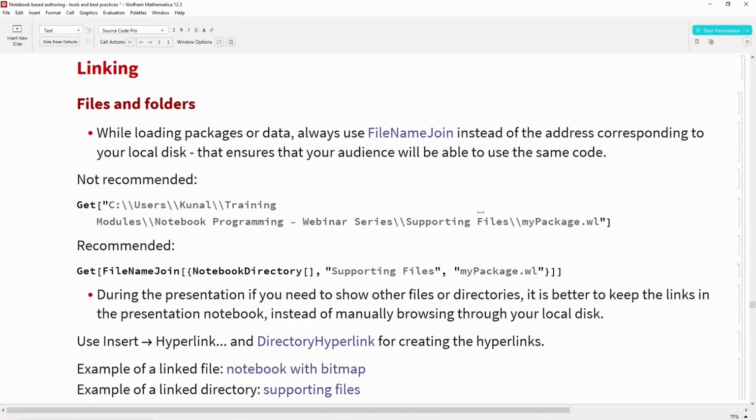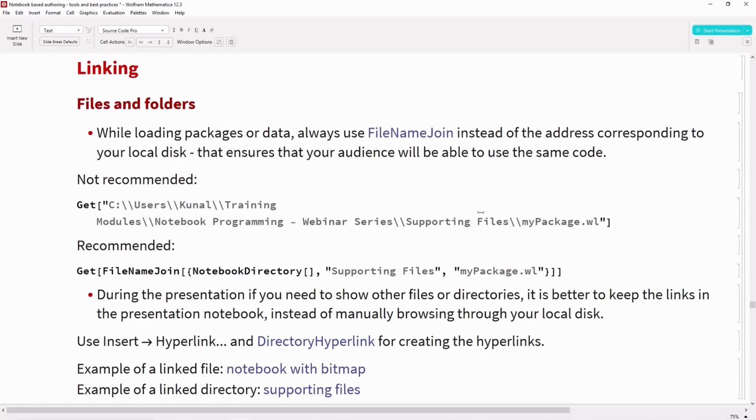If you have a presentation which depends on certain files and folders and it is not a standalone notebook, then it is good to show the relevant files with the help of links directly in the notebook by creating hyperlinks, and not telling the user an absolute path.